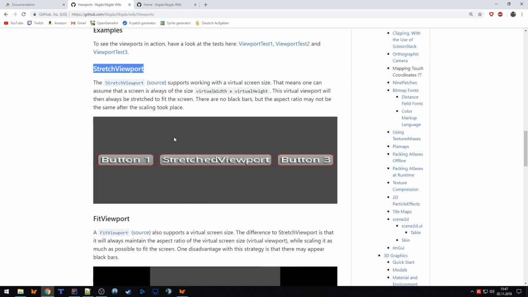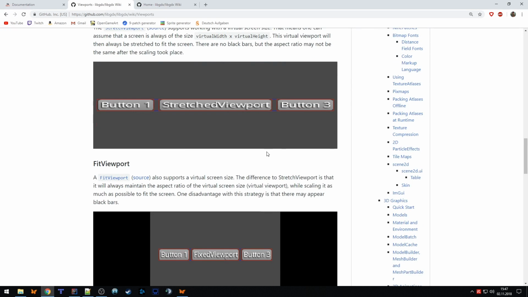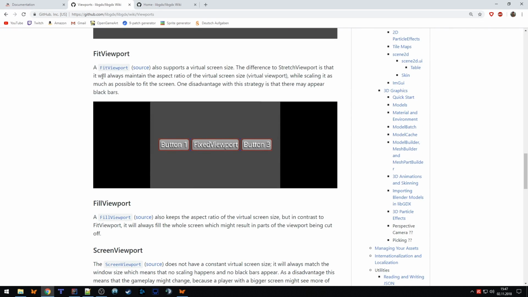So the stretch viewport, that's the one that we currently saw, let's say. So if we make our window big, then everything gets scaled and the aspect ratio gets lost. As you can see here, everything looks very stretched. Then there's a fit viewport. That's the one that we are gonna use. So that one tries also to scale your game as big as possible so that it fits the screen.